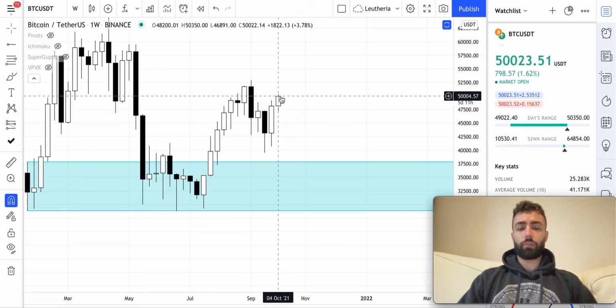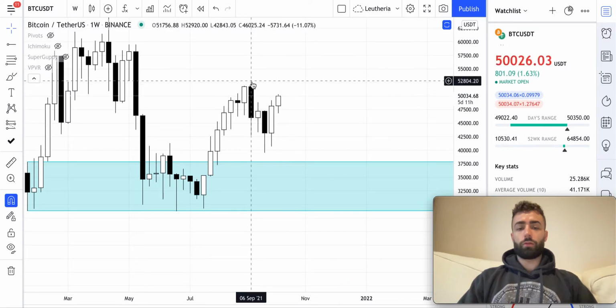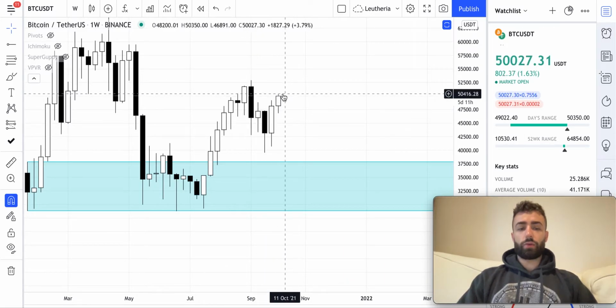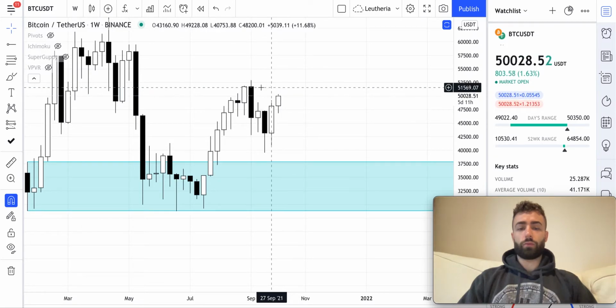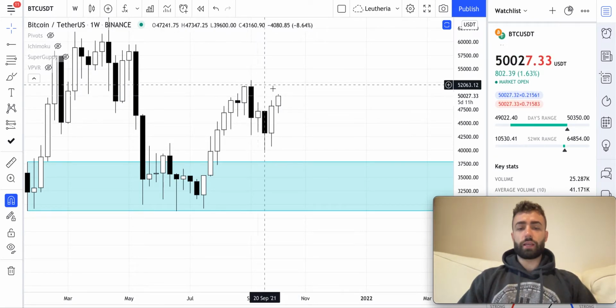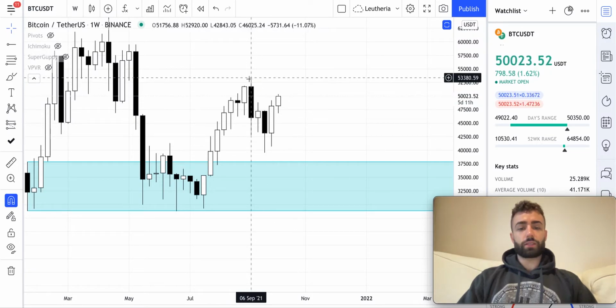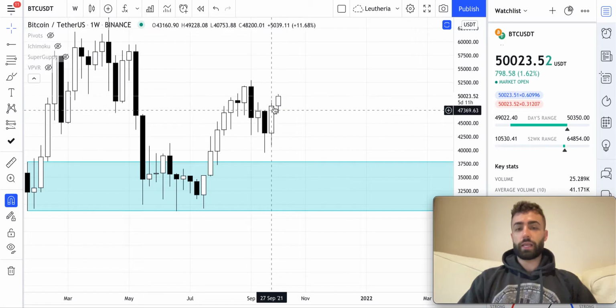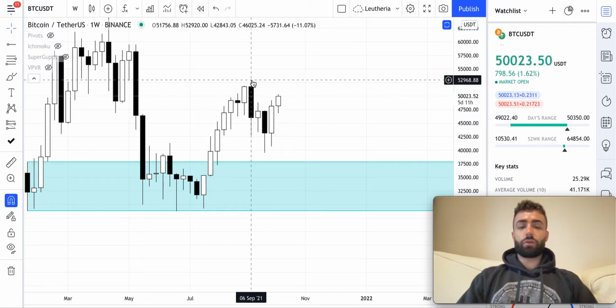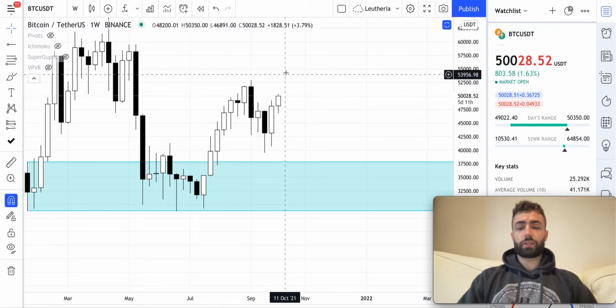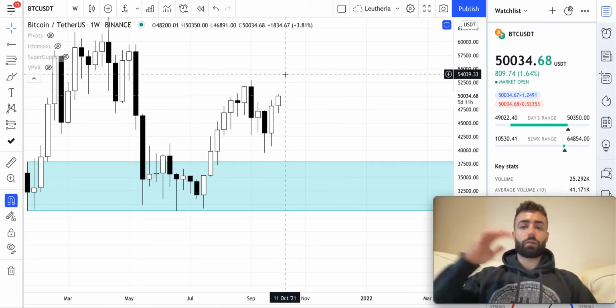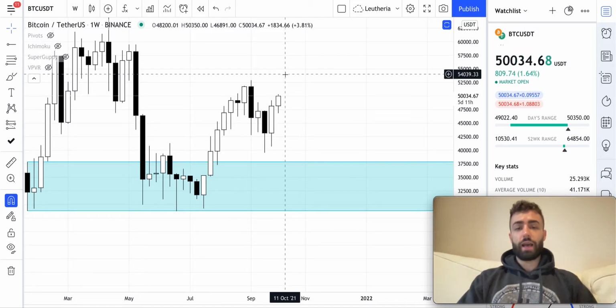If we're looking for an opportunity here for a trade, we can go for a top fishing play. If we think that we're going to form a lower high below this high from September 6th, we can go short either here or anywhere below that with our stop loss above that key high. For people that are doing that, it's important to keep in mind that the stop losses above here are pooling up for people that are taking that trade. So if we do go above this high, that could potentially lead to a pretty significant rise in price as people get stopped out of their shorts and are forced to buy back their positions, adding to the buying pressure